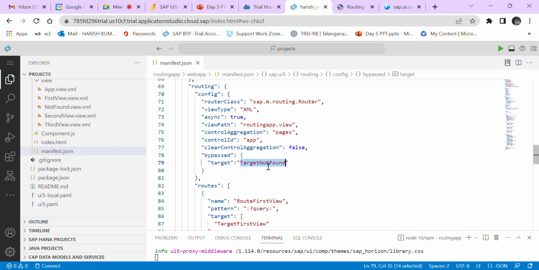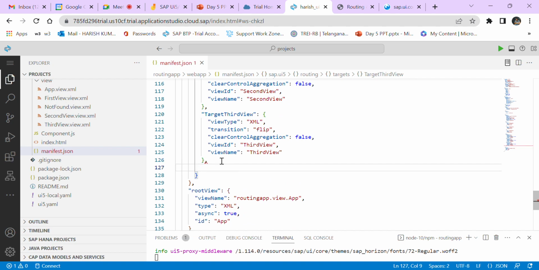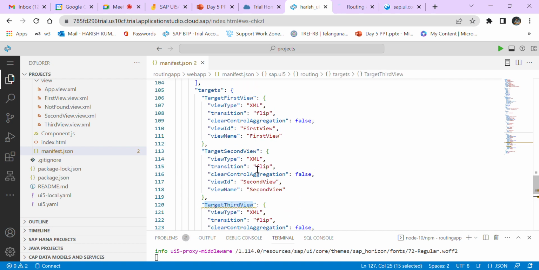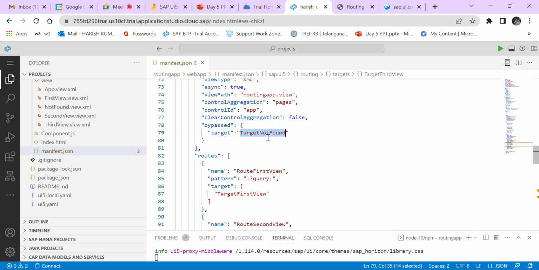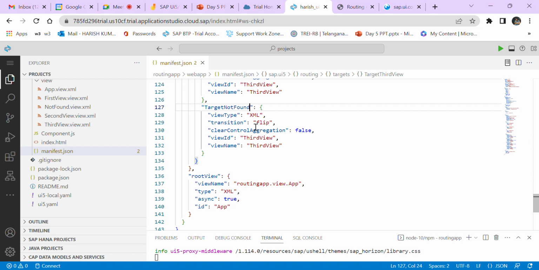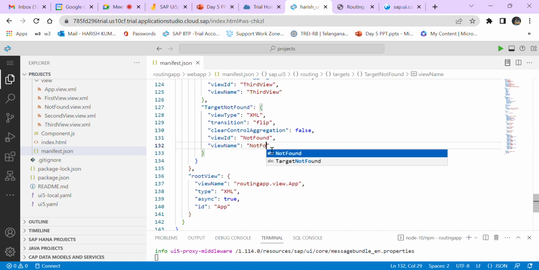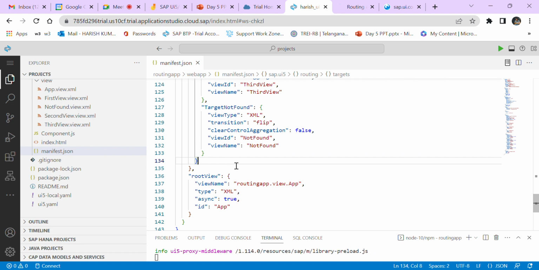Okay, now we need to define that target not found here. First we'll copy this and then paste here, and then we need to replace the target view with target not found. Target not found XML file, everything is okay. Just need to change the view name. Not found. Okay, when I save here, our application gets automatically loaded,